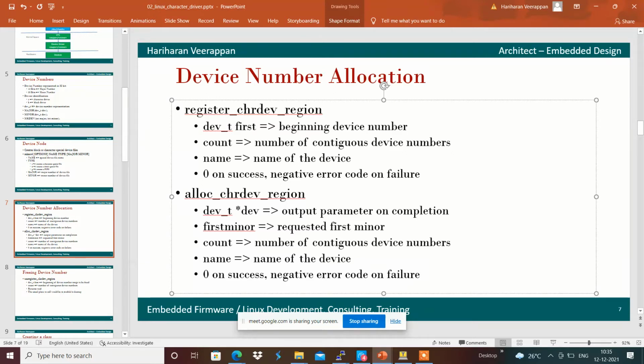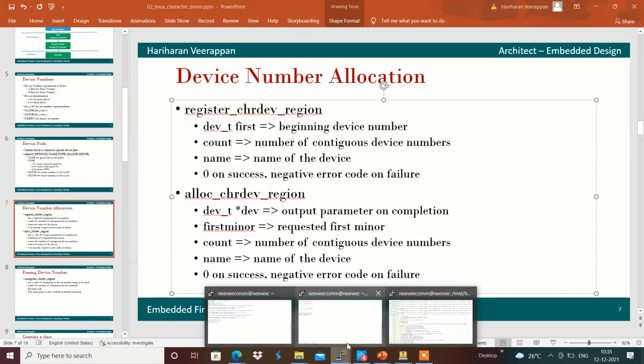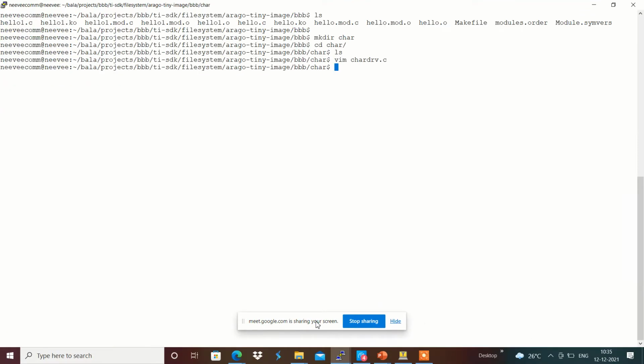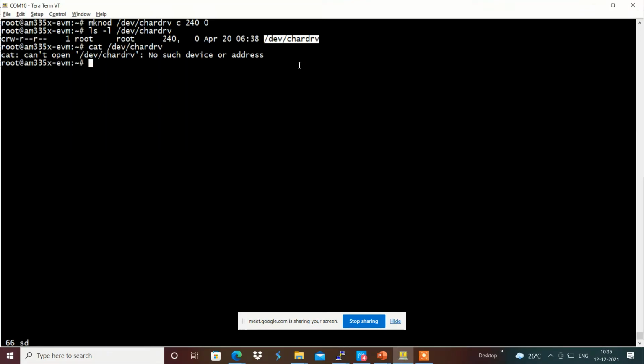For that, I am using register_chrdev_region in my program. For example, we have used the dev char_drv, which has been created with the major number of 240 and minor number of 0.